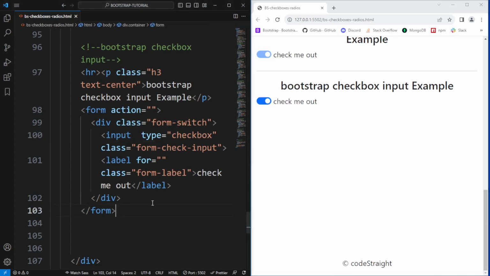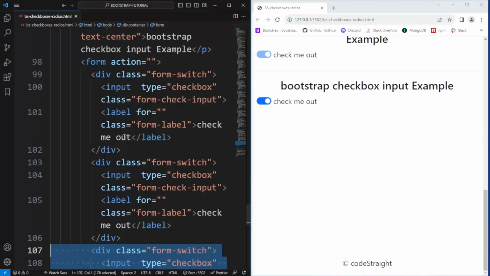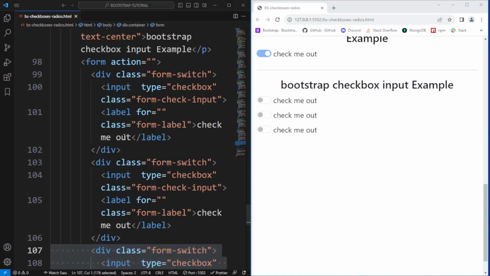Alright, and what I mean by that, they are all vertically stacked and appropriately spaced with this form-check class. Let's make a copy of this block of code a couple of times. Hit save, and if you notice that all of these three checkboxes